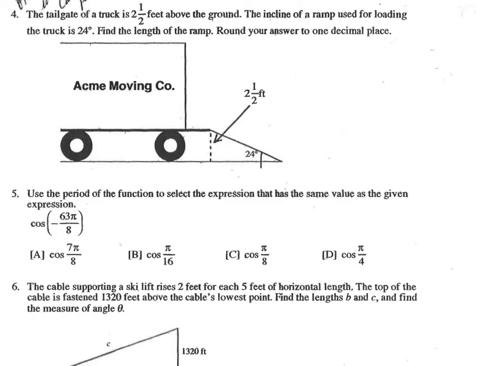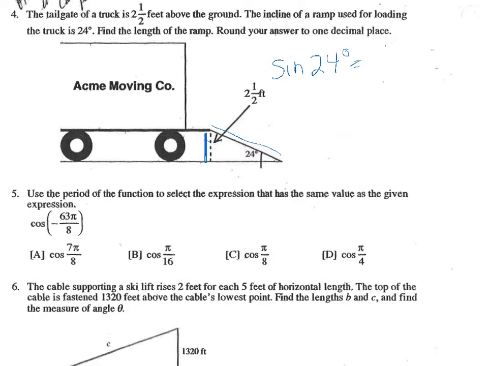For number 4, we're given that the tailgate of a truck is 2.5 feet above the ground, and the incline of the ramp used for loading is 24 degrees. Find the length of the ramp. So we're looking for the hypotenuse of the triangle. Since we are given the opposite side and we're looking for the hypotenuse, we want to use sine. So we have the sine of 24 degrees